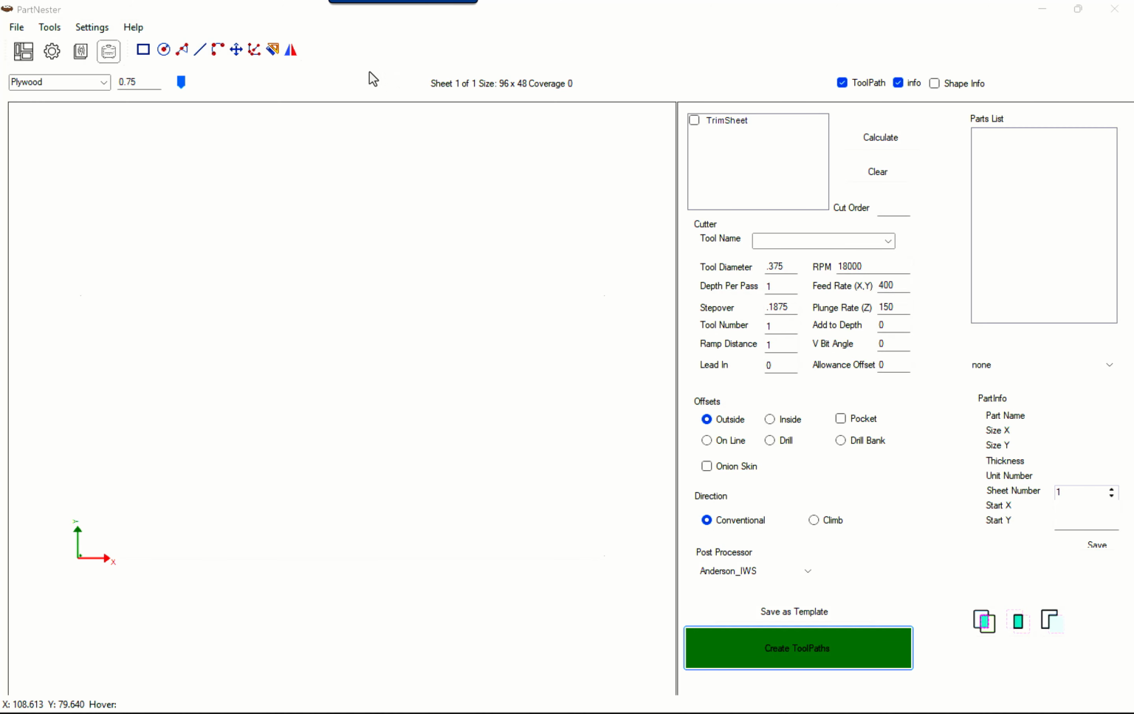In this video, we're going to take a look at two-sided machining, or flip sheets or flip parts. This is where we have an A side and a B side to our part, or side 1, side 2 to each part. We're going to start by going to File,